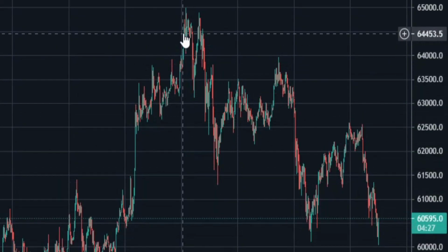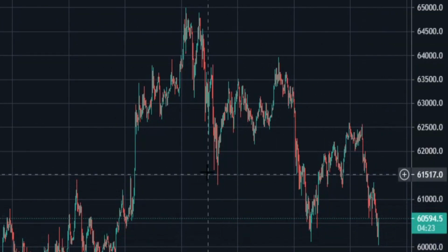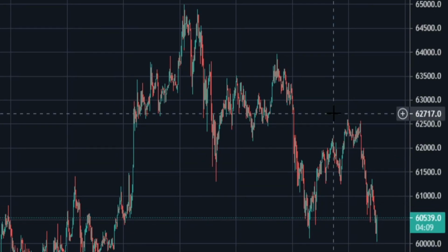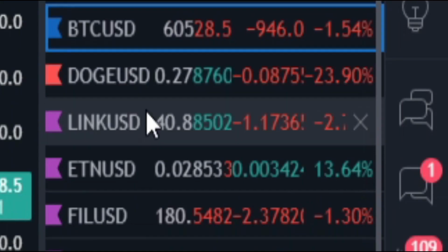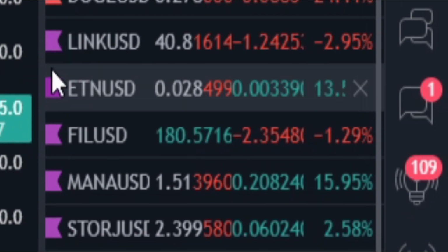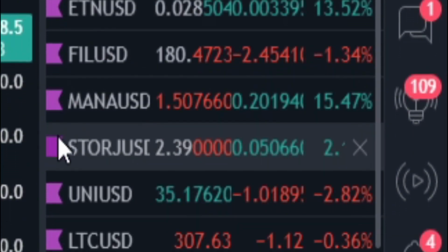And guys, right now the Bitcoin price is having a bit of a pullback here. How far down are we going to go? I want to show you guys exactly what I found and exactly how you can take this trade over on Bybit, whether long or short. And guys, I have so many other coins I wanted to talk about today, including Doge, Link, ETN, Filecoin, Mana,